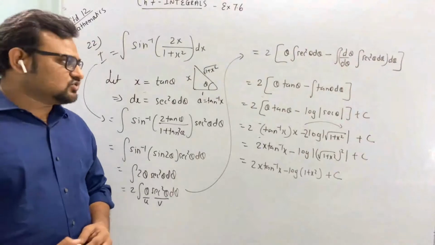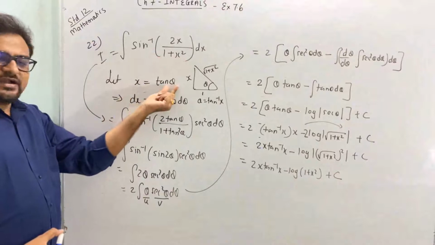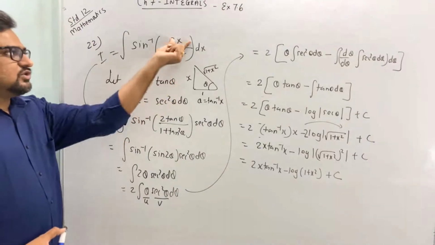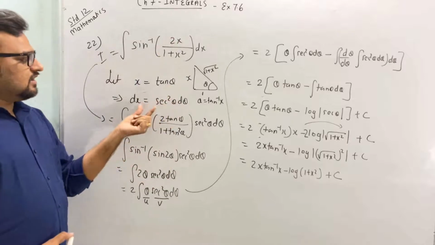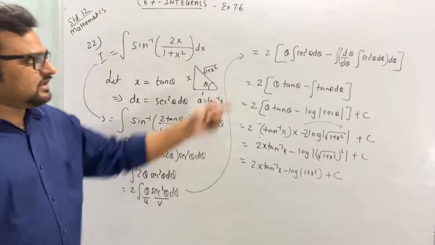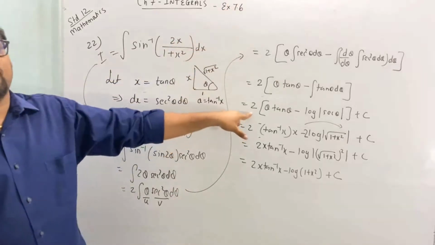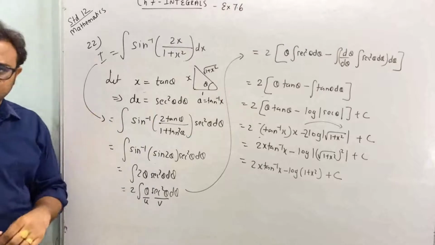Okay. So I'm repeating this. What I had done, I had assumed this as theta, sorry, tan theta. So this will be 2 tan theta 1 plus tan square theta sine 2 theta, and dx will be equal to sec square theta d theta. So finally, u and v, we had solved it and put the value of theta. Okay, so go through this question.